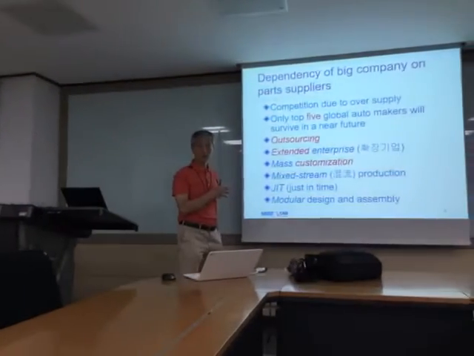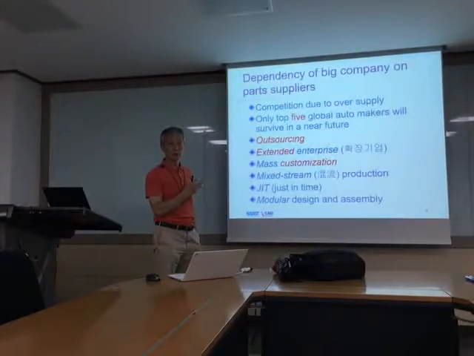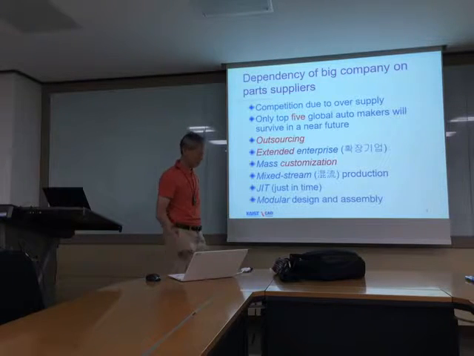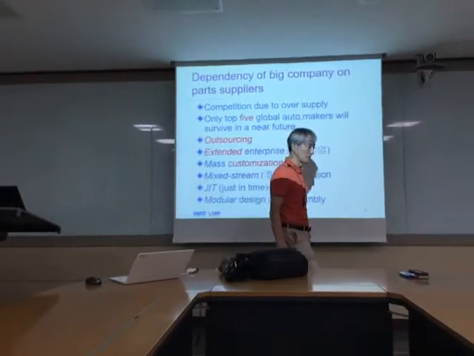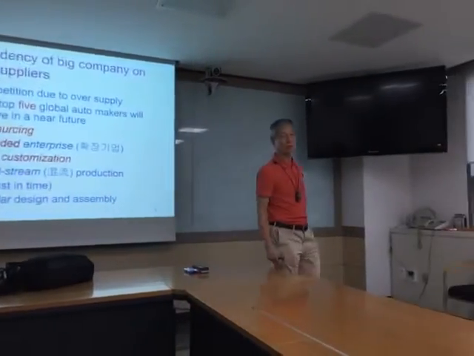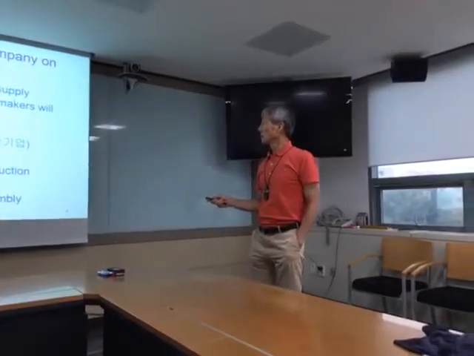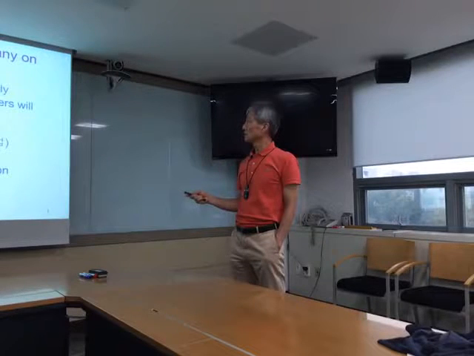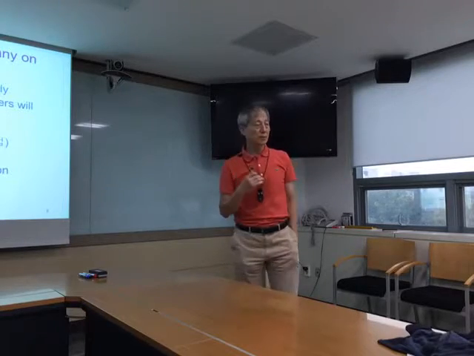But from a technological point of view, I can say that big companies depend on small companies for quality and cost. Because of global competition, and oversupply and overcapacity of